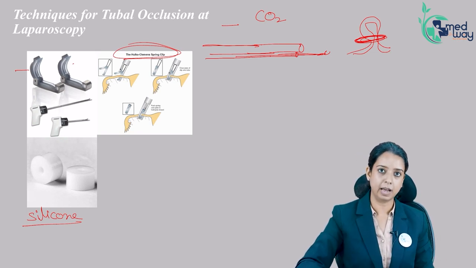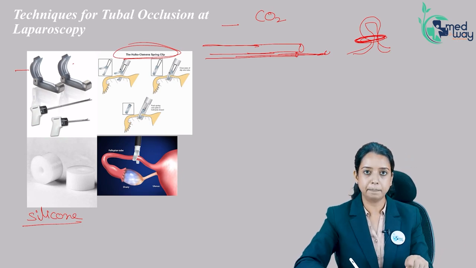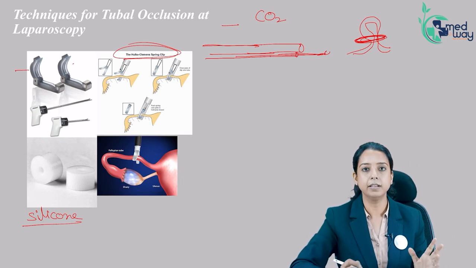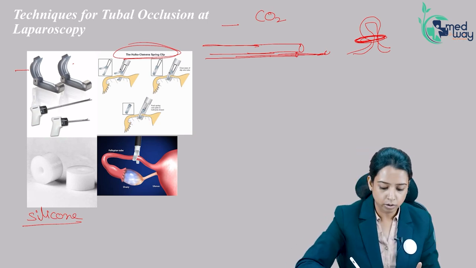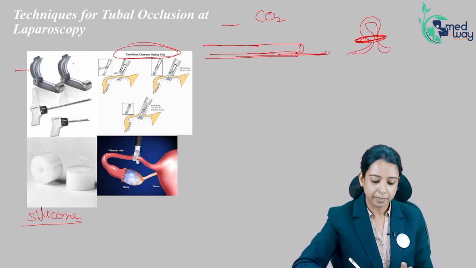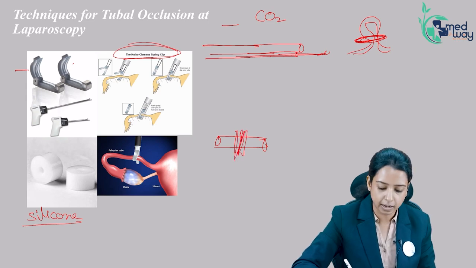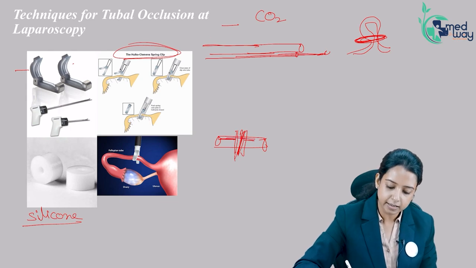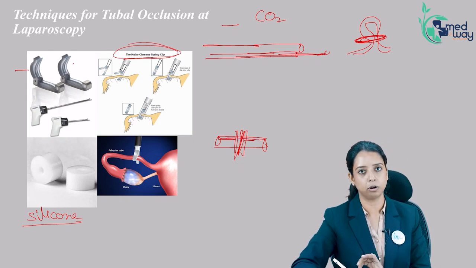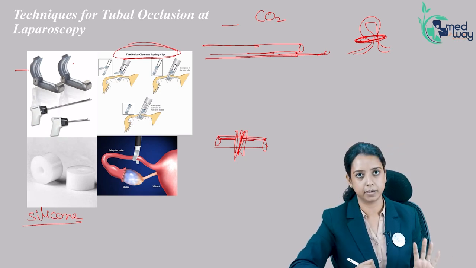Another method you can do in laparoscopy is to coagulate it. Use electrocoagulation: hold it with a forceps, pass current and burn it. That is another method. So these are the methods used in laparoscopy. The only problem with using current is that many times, suppose this is the tubal lumen, you are trying to burn it, and the whole of the tube doesn't get burned. Some kind of fistula still remains, and whenever pregnancy happens through that fistula, it is always ectopic. So it has a higher chance of pregnancy, and that too ectopic pregnancy.